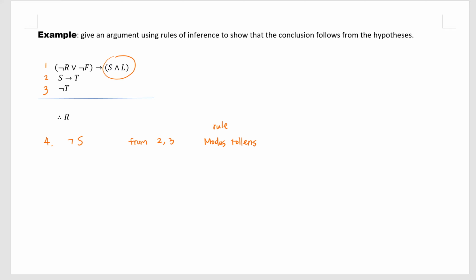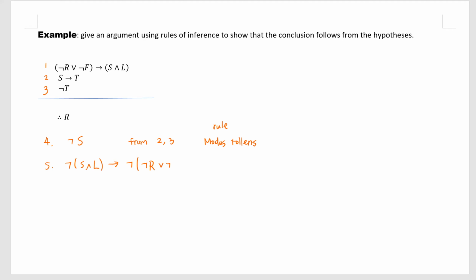Because here we have S, we don't really have not S. And here, S and T, not S and L. So not S cannot tell us anything. So let's change number 1. Let's call this 5, and let's consider the contrapositive of number 1. So this is not S and L implies not